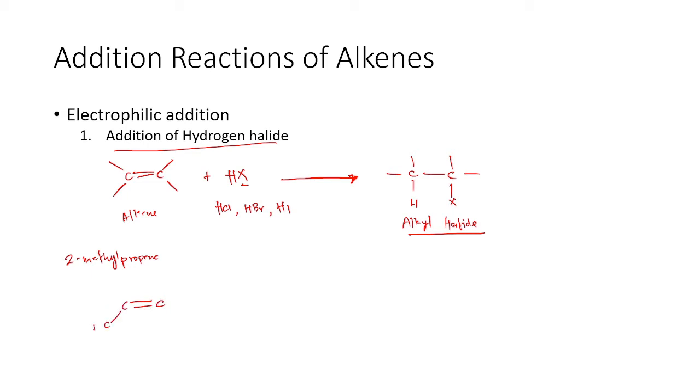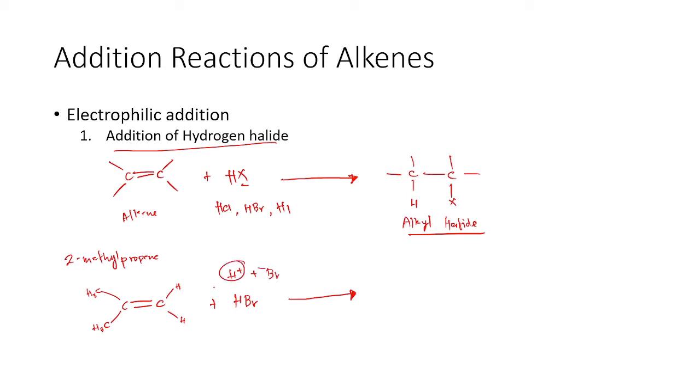So we will have here our CH3 and another CH3 here. Then we will have here our hydrogen and hydrogen. So as you can see here, we have one, two. That's two methyl propene. And say we add here hydrogen bromide. What will happen here? So basically, we will have here an H plus and our Br minus, wherein our H